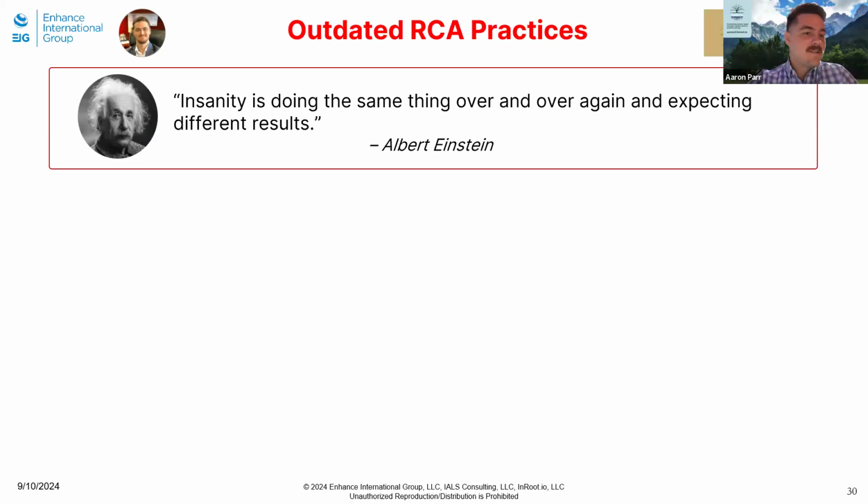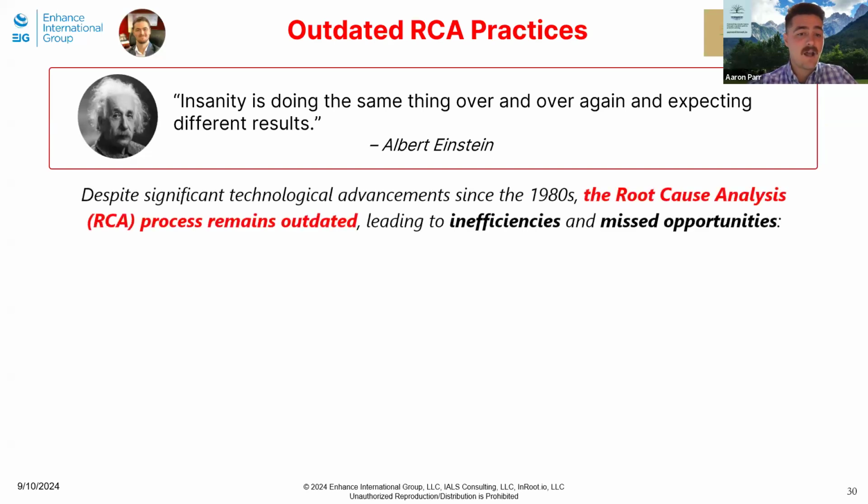Well, as Albert Einstein once said, insanity is doing the same thing over and over again and expecting different results. At least when I originally made this slide, he said it. There has been some debate on whether he actually said it or not. But regardless of who said it, this perfectly captures today's state of RCA processes at a lot of the companies